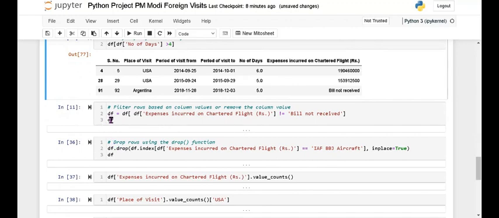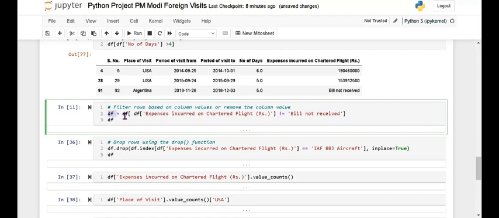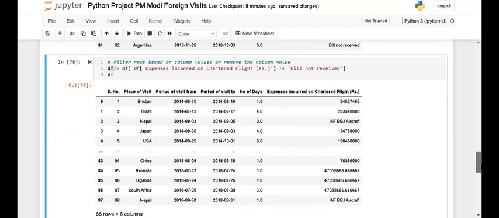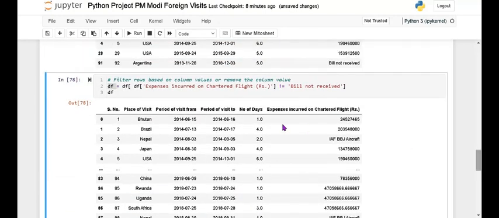So where df is the data set name, I pass the expenses column values and not equal to "will not receive". We run this, and you see that it removed all those values. There is no "will not receive" any more.